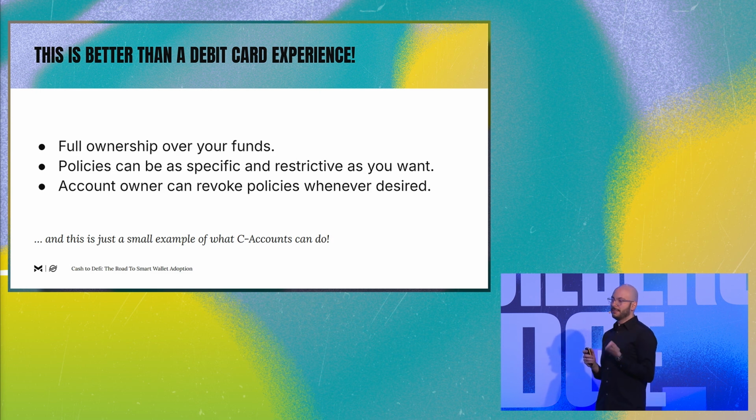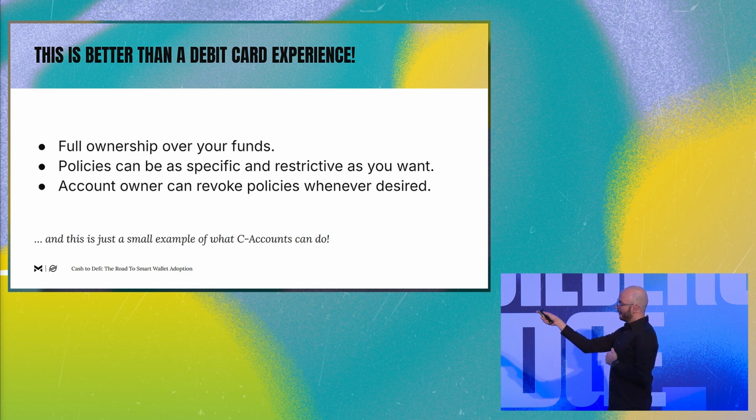So why is this interesting, right? If you give a streaming service your debit card number, you're not necessarily limiting how much they can debit from your account, right? So that scenario that I mentioned of billing twice within a certain period that wasn't what you expected, they can still do that. Of course, you can open a dispute. If anyone has ever done that, it's not a fun experience. Sometimes it's very complicated, right? And in any case, it's a remediation, right? You're actually trying to recover the funds after the fact that they were debited from your account. But with policies, you can be preventative. You can actually not allow the thing to happen in the first place, which is really awesome.